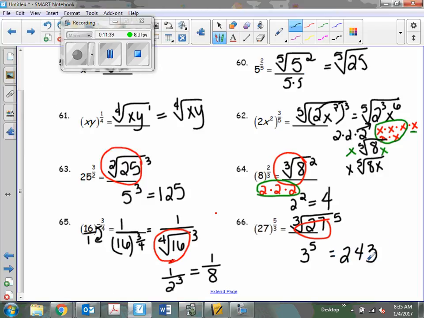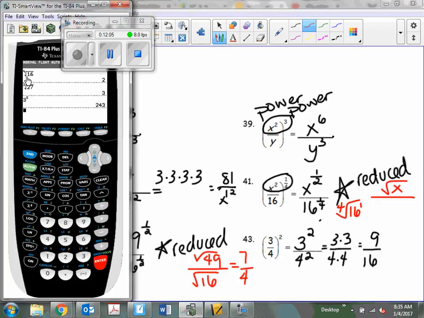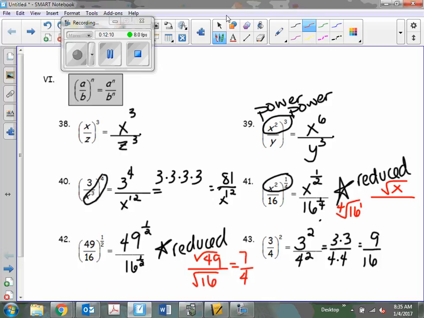So if we go back to that number 6 notes, we can actually now simplify down 16 to the 1/4. Because 16 to the 1/4 is saying that we need to turn that 4 as my radical, and then 16 raised to the 1st power. So we're basically taking the 4th root of 16. And if we look back at our calculator, we actually did that right here. So the 4th root of 16 is 2. So this reduced answer right here is the square roots of x divided by